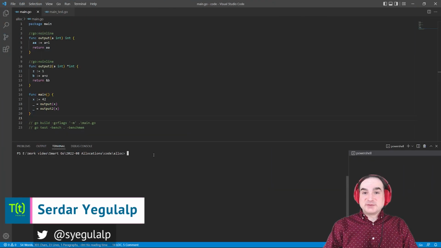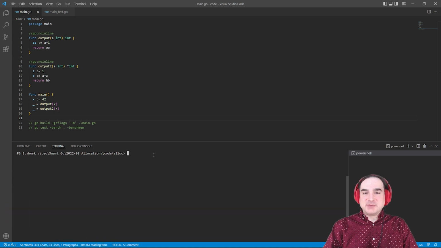In this episode of Smart Go, we're going to examine how to keep track of the way Go programs allocate memory, and how to stay on top of how that can impact performance in Go programs. Memory allocations in Go are a metric of how efficient the Go program is, not just in terms of how much memory is used, but how much time the Go runtime spends managing memory, and how often the garbage collector needs to clean things up. Fewer allocations means both a more memory-efficient program and a faster one.